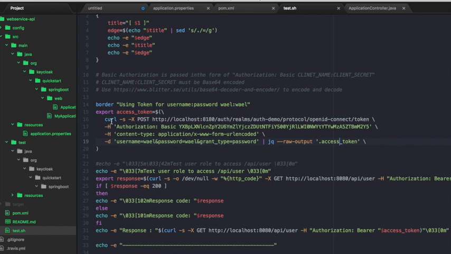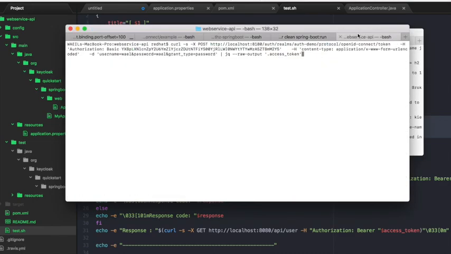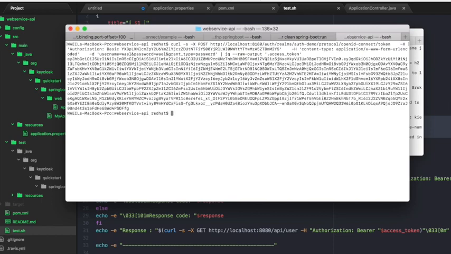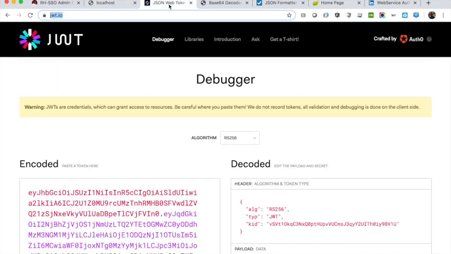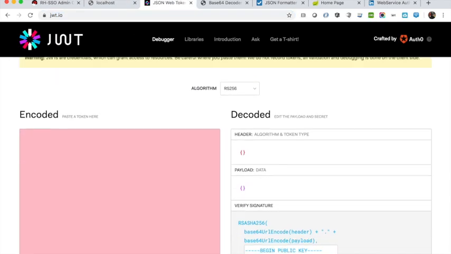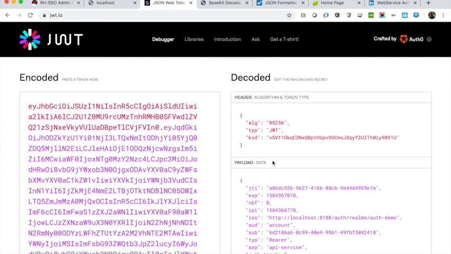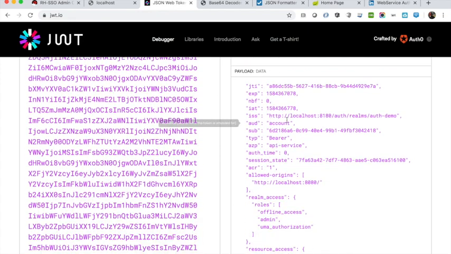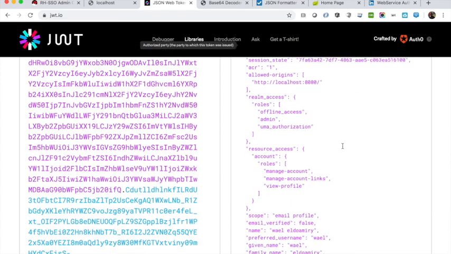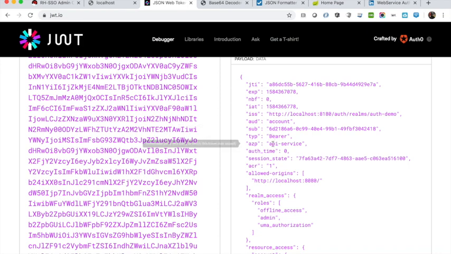If we just take the, copy this and go back to our, and we hit this. So as you can see, now we have the JWT token generated. So to quickly validate the token, we can go to the JWT IO, paste the token here, and you can see that the token is decoded, and we can see the different token attributes, including